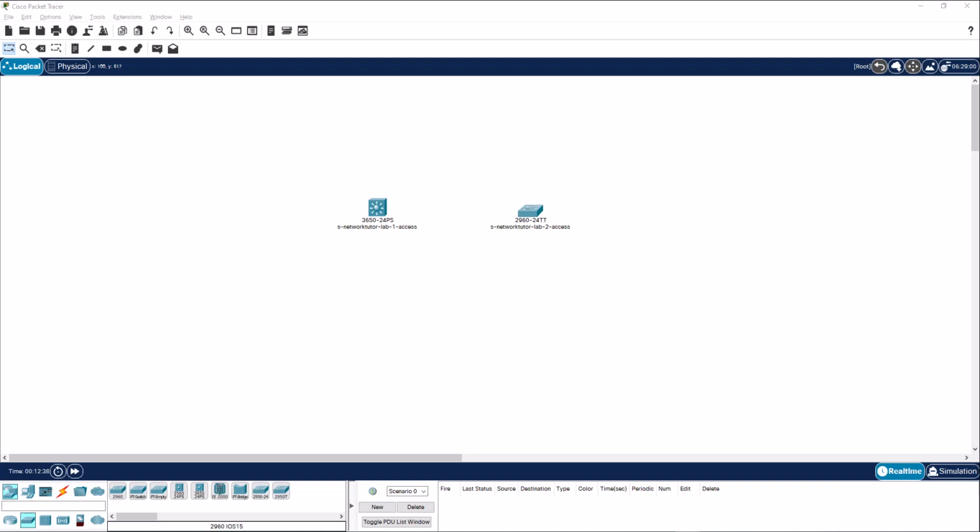Hello everyone. In this video, I'm going to show you how to work with IP phones in Cisco Packet Tracer environment. In this example, I have two switches. One is